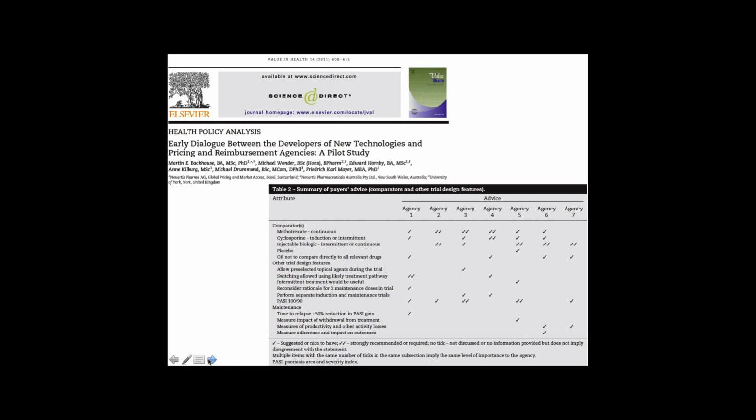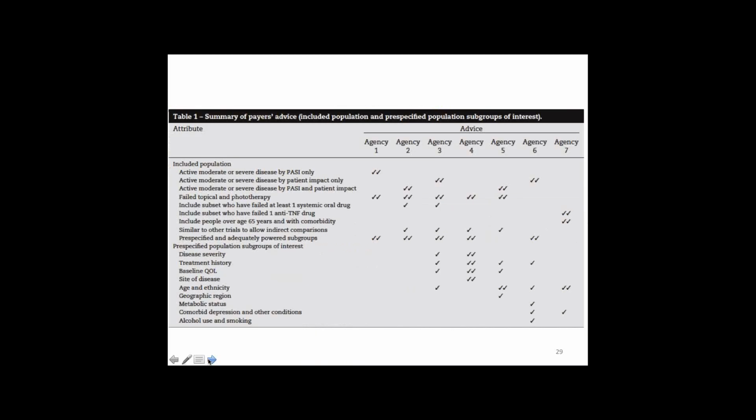From this table, you'll see that there is some variation in the advice given by the different agencies. However, the similarities far outweigh the differences. To be clear, this was an example on new oral treatments for patients with chronic plaque psoriasis. This is, for instance, the agreement on different choices of comparator and trial design features, or this second table